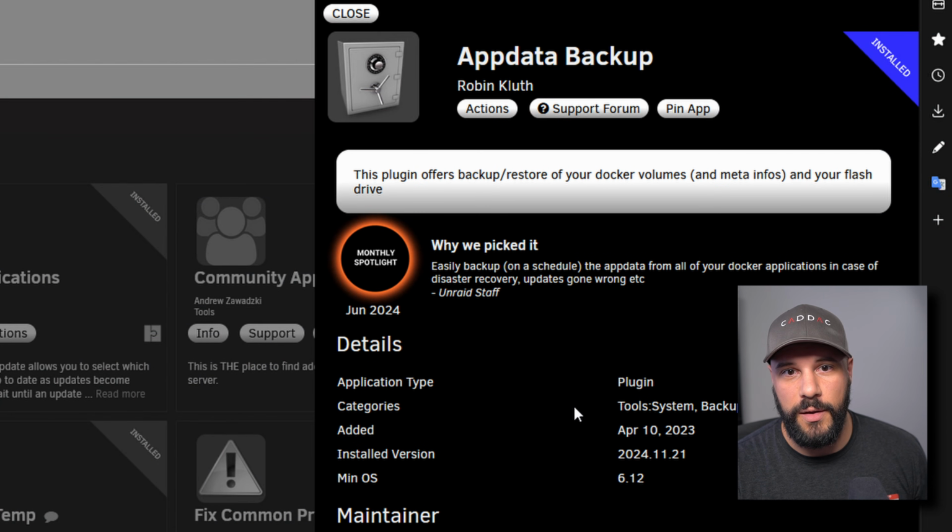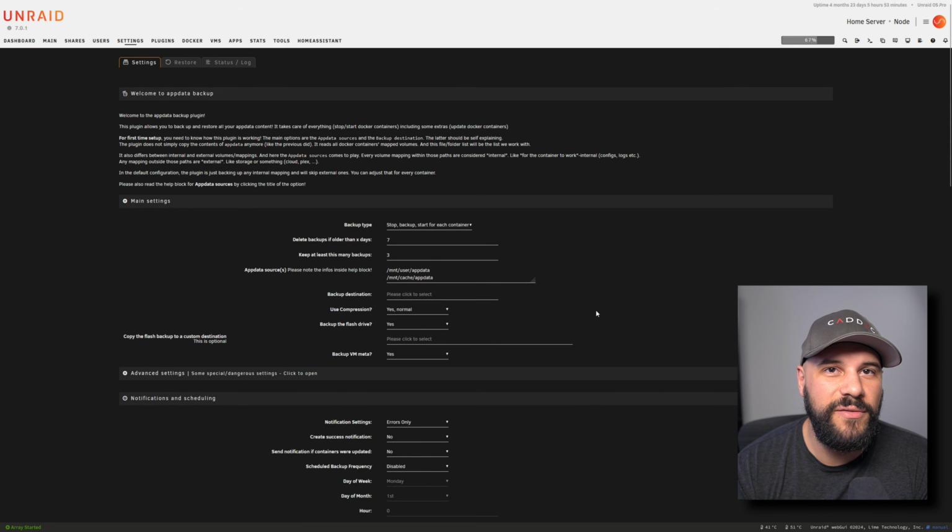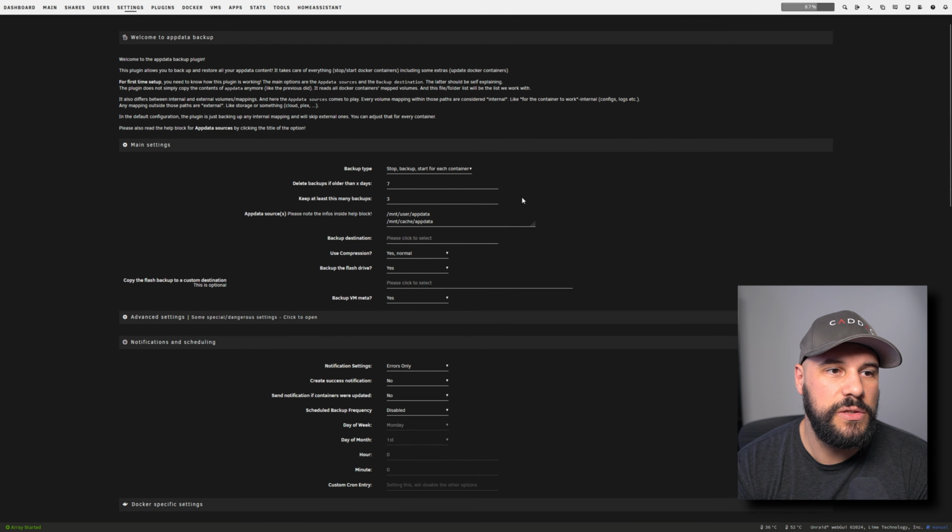So our first one is going to be the Appdata Backup. This one just makes it really easy to back up and restore any app data from your Docker stuff. I use this one all the time, especially when I'm doing these videos. It allows me to back up the data so that if I'm deleting and reinstalling some kind of Docker app, I have it set really with the default settings where it's going to go ahead and